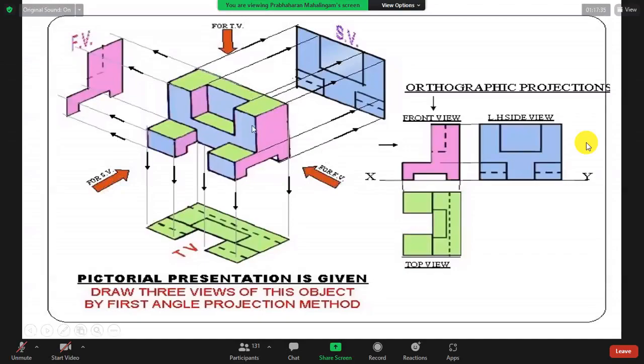So in the front view, you see the purple color. Here also purple is there. Inside you see there are two purple surfaces. But of these two planes, the inside plane is not visible. Why? Same height, you will see only one side. This side is behind this.